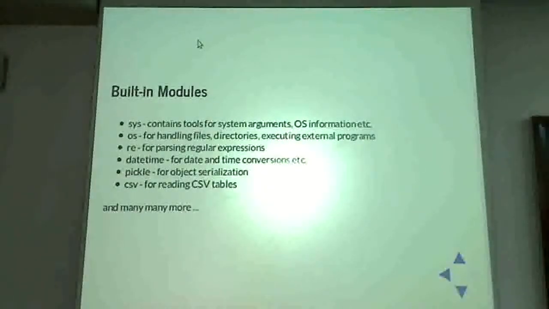Okay, so let's just see some examples of these three types. So built-in modules, these are some common modules which you might find useful. So sys we have already seen. It has tools for system arguments. It even contains special variables that store which operating system you are using. So if your program, for example, needs to check whether you are running the program on Windows, there is an inbuilt variable in sys, which I don't remember right now, but there is one. You can do an if-equal-to check whether you are running the program on Windows or Linux or OS X.